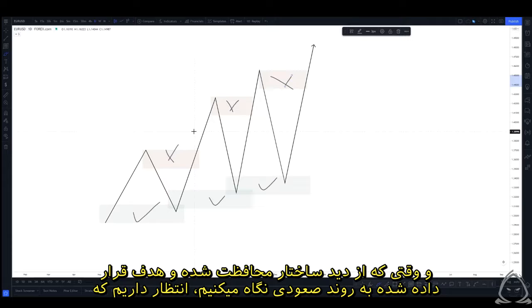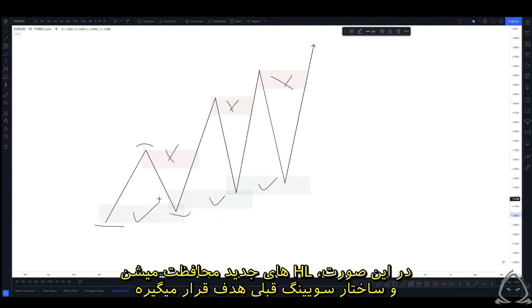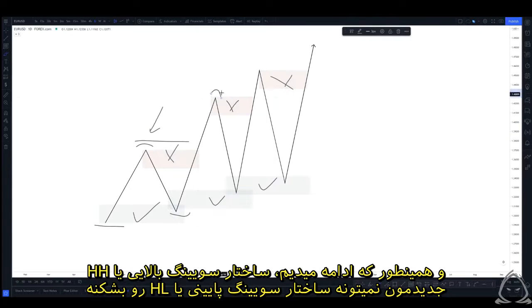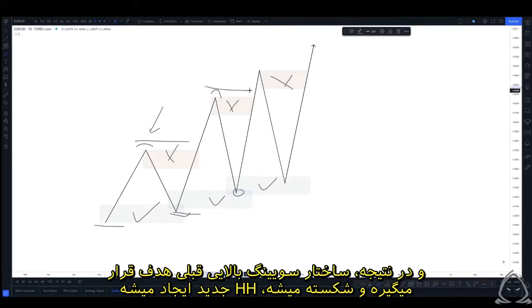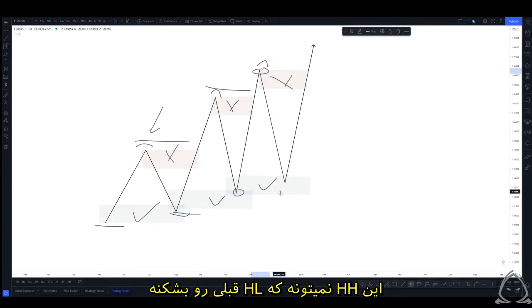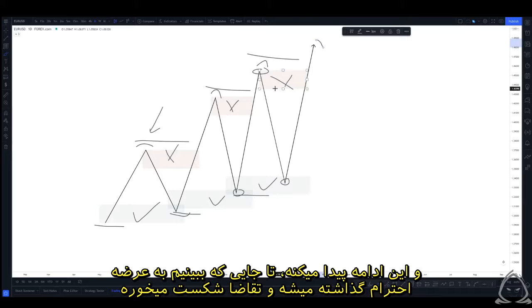When we're looking at an uptrend from the perspective of protected and targeted structure, we'd be expecting that all of the swing highs would fail to take out the swing lows. Therefore, the newly created higher lows would become protected and we would be targeting the previous swing structure. As we continue, our newly created higher high swing structure fails to break our previously established swing structural low or higher low. As a result, it makes our new higher low protected, and our previous swing structural higher high is targeted and broken, forming a new higher high. This higher high fails to take out the previous higher low. Therefore, it creates a protected higher low that is going to target the previous higher high swing structure to create a new higher high. And this will continue until we start to see supply being respected and demand